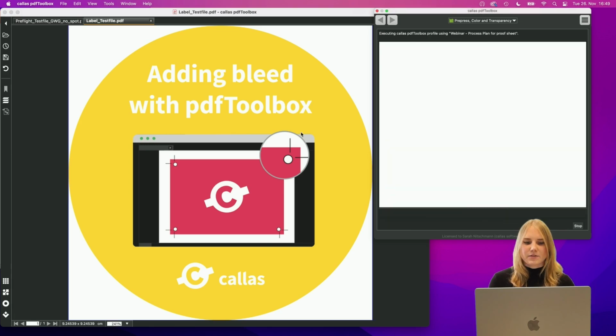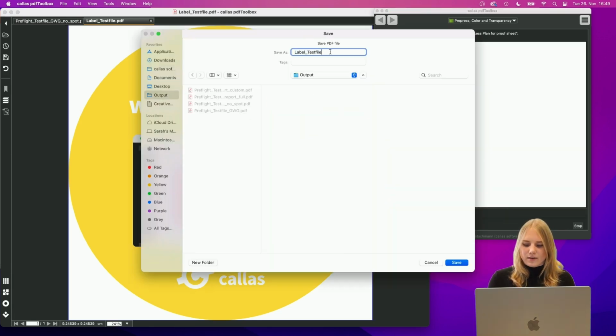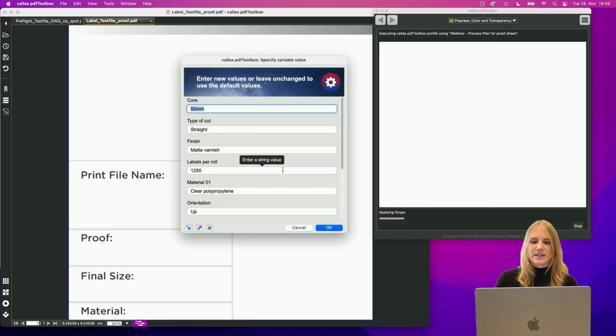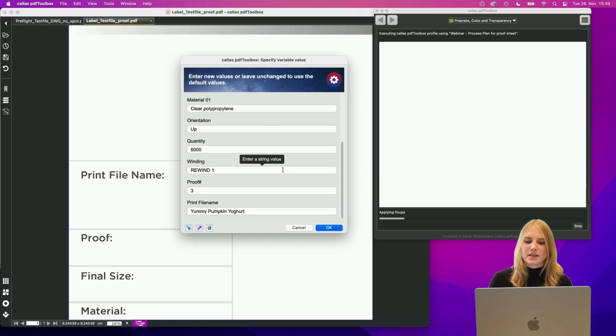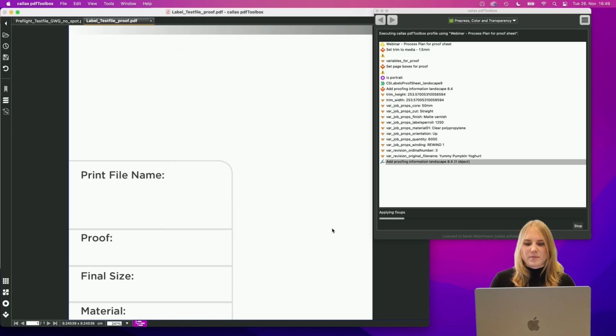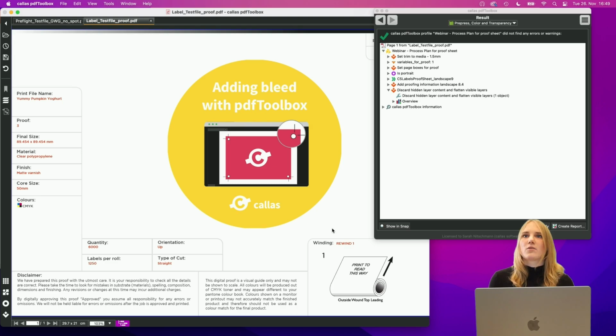And if I say analyze and fix and save that, you will see again the Ask at Runtime dialog. As I said, this will always appear in pdfToolbox Desktop to specify the variables manually. In the real world, you would feed these values from an external source, but let's just leave them as they are. And you can see here, with one single process plan, you can create this complex proof sheet where you have